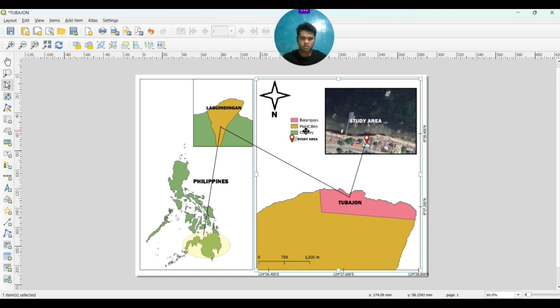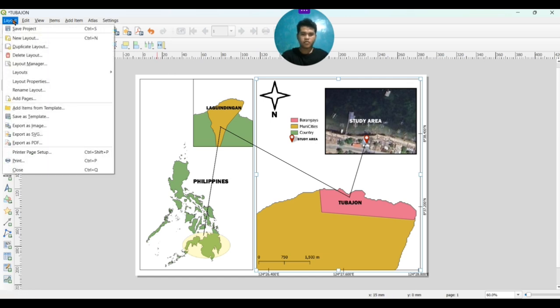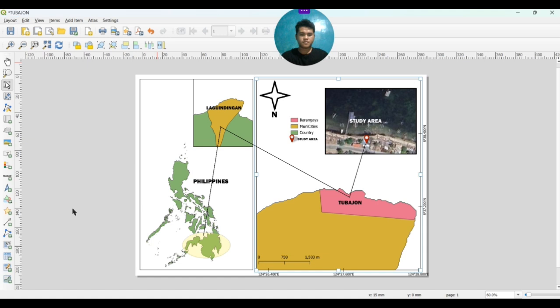And for me, that's all the things that I want for today's video. In order for you to have this, these are the things that I want to share with you, some basic ideas on how to make a map. So for me, this looks right, and I think this is more appealing than having none.